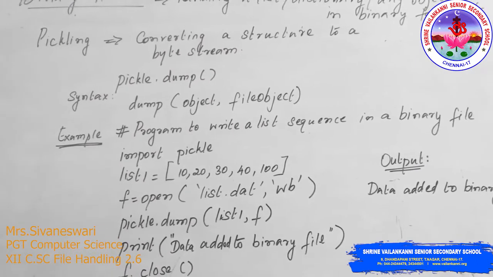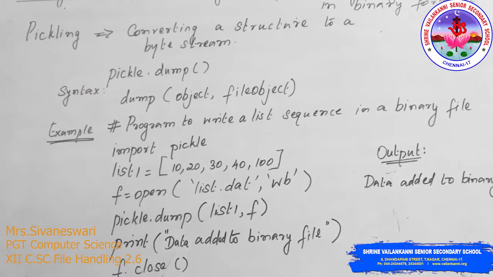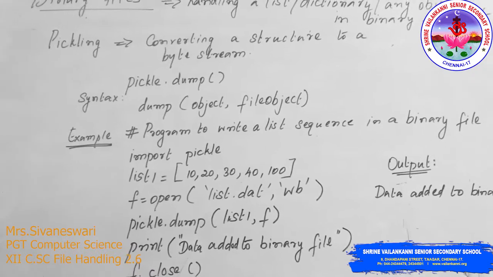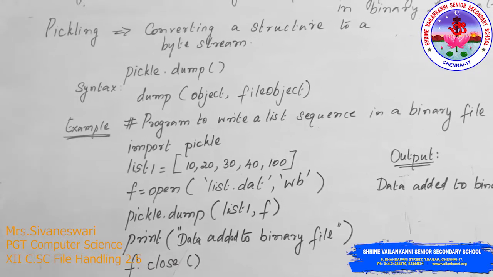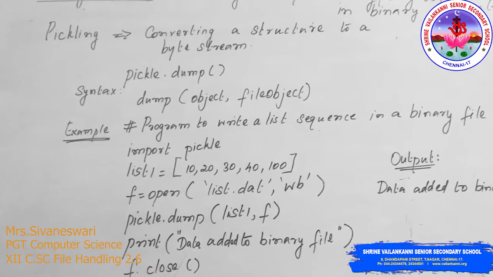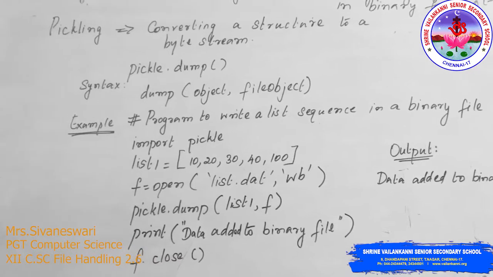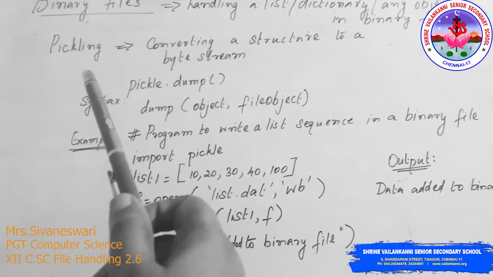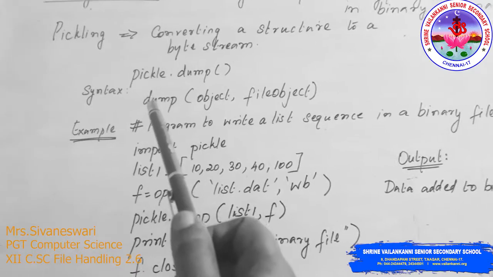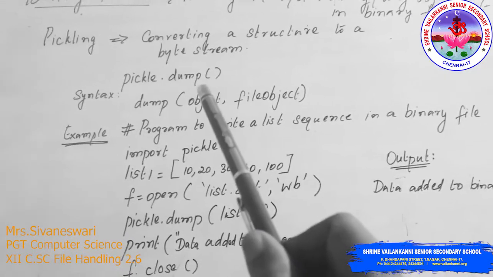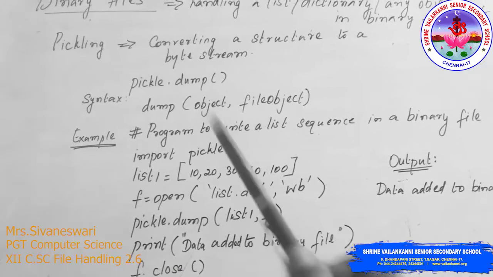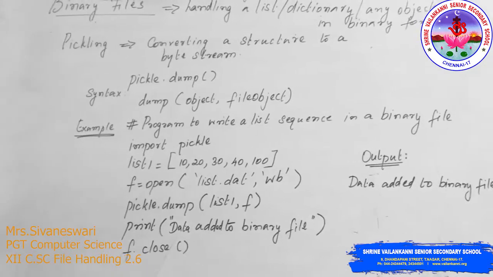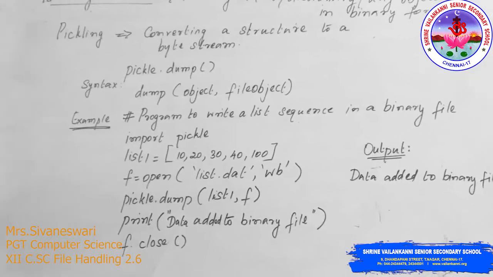The opening and closing of a binary file is similar to that of a text file. Now let's see the read operation and write operation in a binary file. To write into a binary file, the data which we give as input should be converted to a byte stream. We call this process pickling. To do this pickling, we need to import the module pickle, in which we have a dump method which we use to write the data which we get as input into the binary file. Before that, it converts it into a byte stream and then writes it into the file.